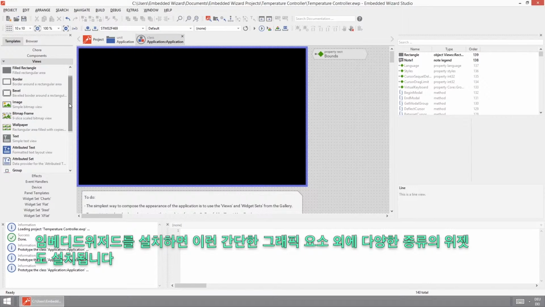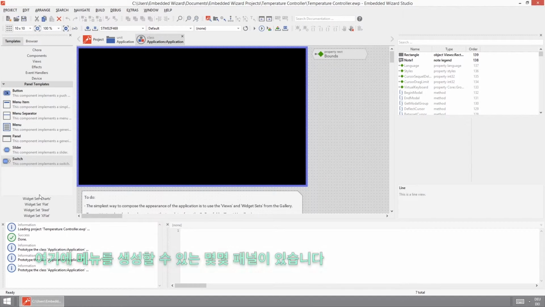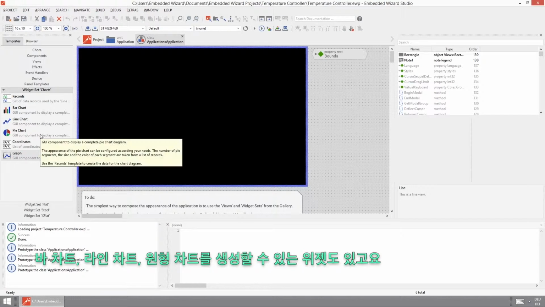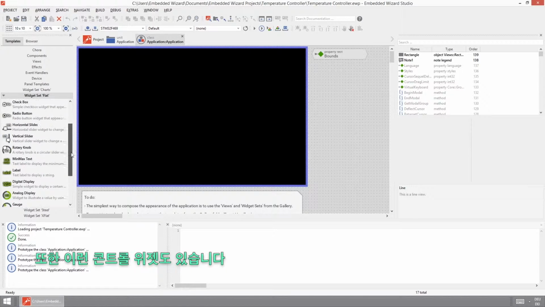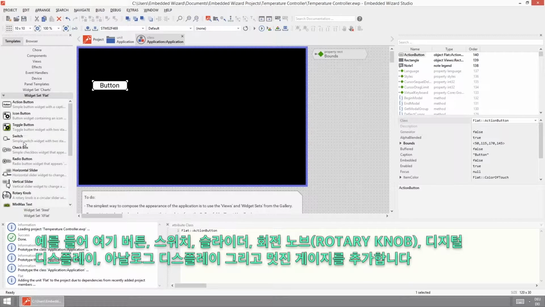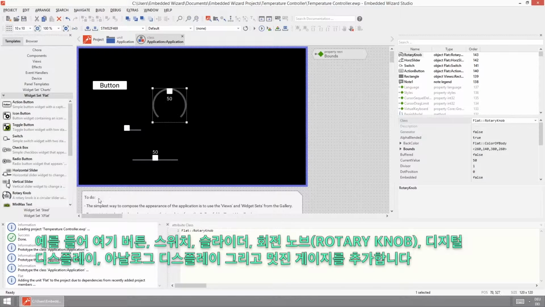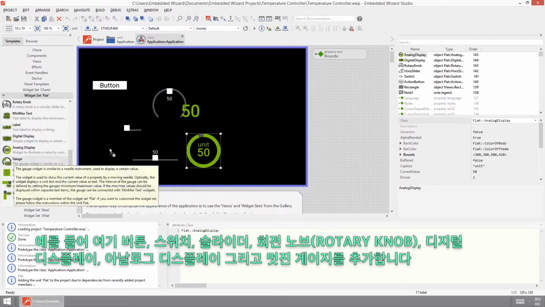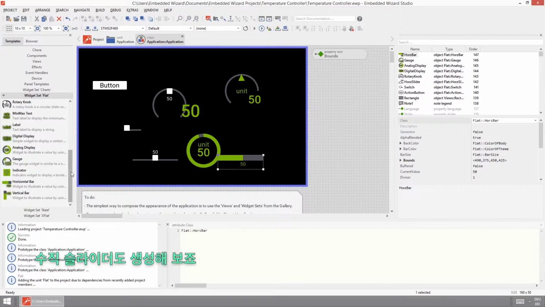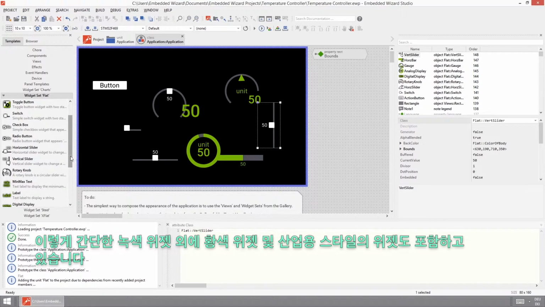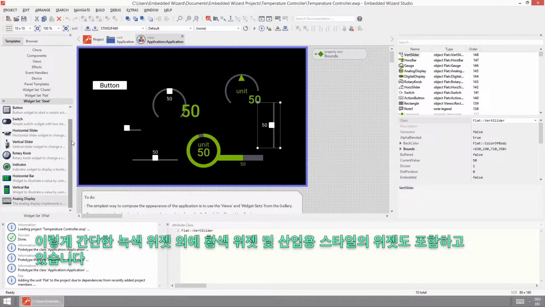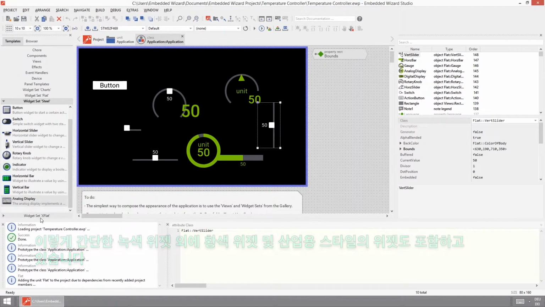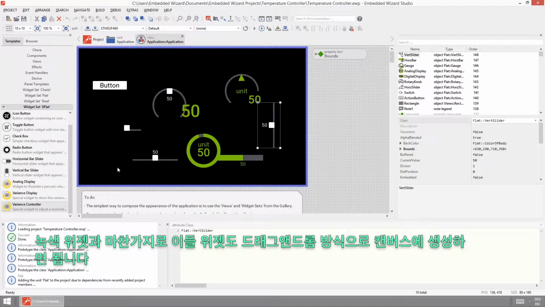and with every Embedded Wizard installation, not only those primitives or these simple views are deployed, also a couple of different kinds of widget sets are installed as well. So we have here some panels to create menus, we have widgets to create bar charts, line charts, pie charts, etc. But there are also some control widgets like this one, and there we have some buttons, we have a switch, we have some sliders, for example, a rotary knob, we have some digital display, some analog display, or some gauge, or for example this one. Let's create another one, the vertical slider. And beside that green style, we're also deploying a couple of other widget sets, like more an industrial grade style, or a yellow one, which can be dragged and dropped into that canvas instantly,